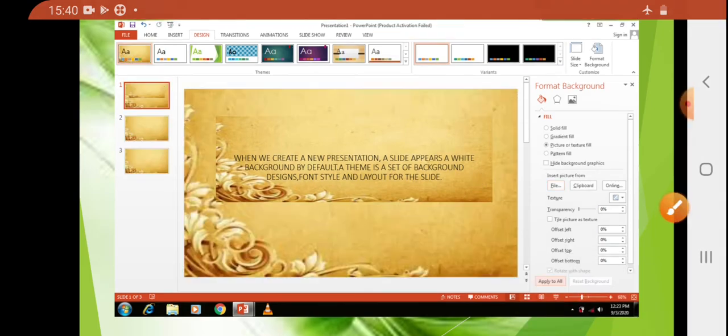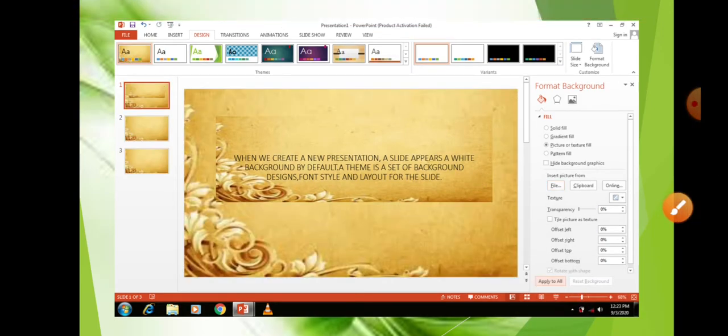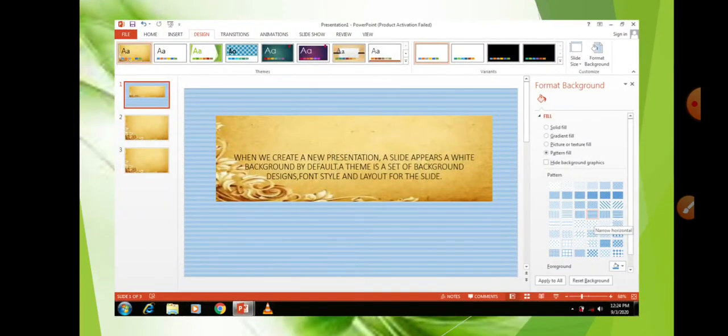So now pattern fill, picture or texture, see, apply to all, it appeared like this now when I click it. Understood? For that you need, beforehand, any picture in your slide that you want to keep, any picture you can keep, only it must be saved in your laptop or computer.